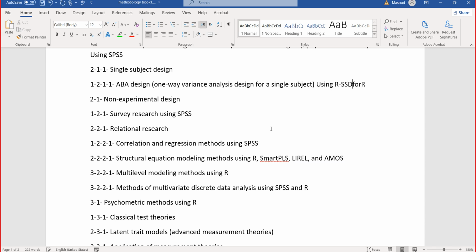There is a heated propaganda for the qualitative and the quantitative methods.